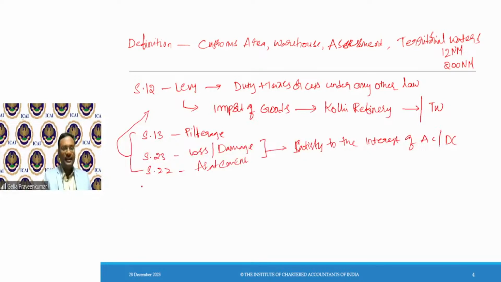Then we have discussed jetsam, flotsam, and derelict, where any ship which is abandoned, which we call a wreck. Then items which are thrown out to save the ship, we call that jetsam. Those items which are thrown, which are jettisoned, we call flotsam. And that ship which you cast to the bay, we call a derelict. So these provisions,